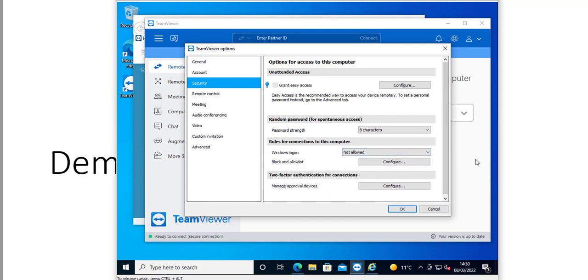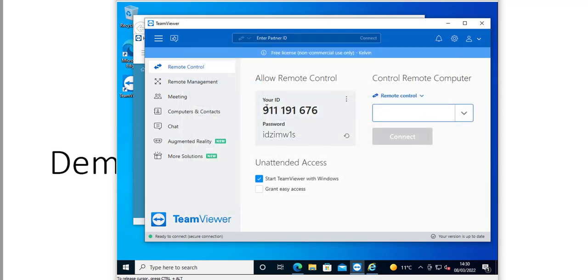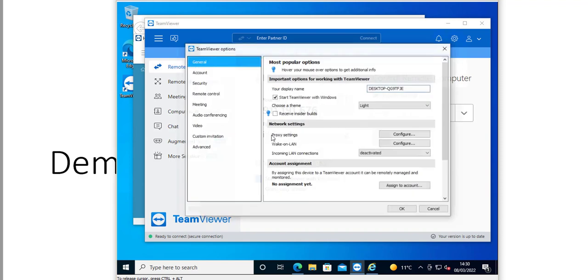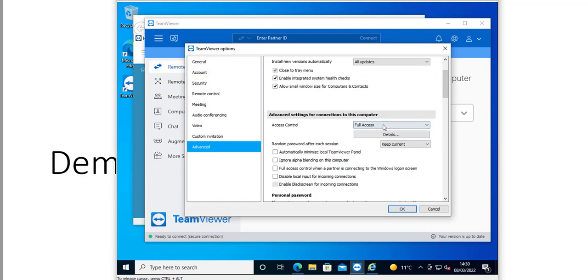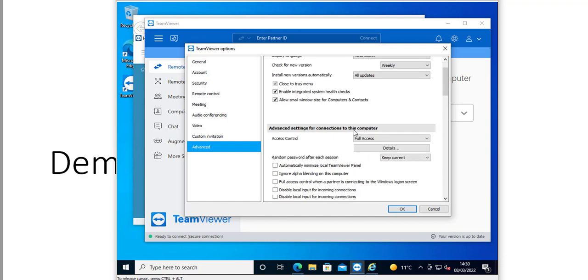If you're a bit skeptical about using this and you want to stick with the ID of the device, one thing to point out is that this password is always going to change. That's not ideal in situations where we want something predictable like the ID in order to connect. So under the settings, we can change that to a more predictable password. If we go to advanced and show advanced options,